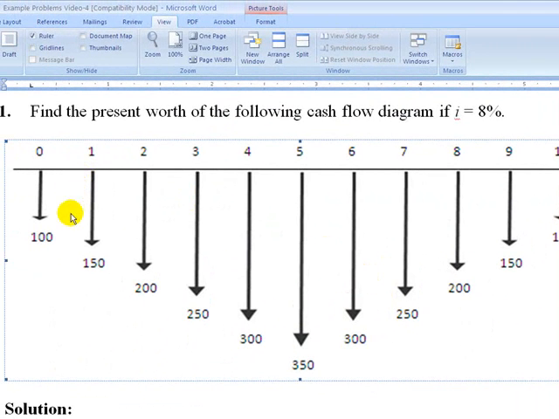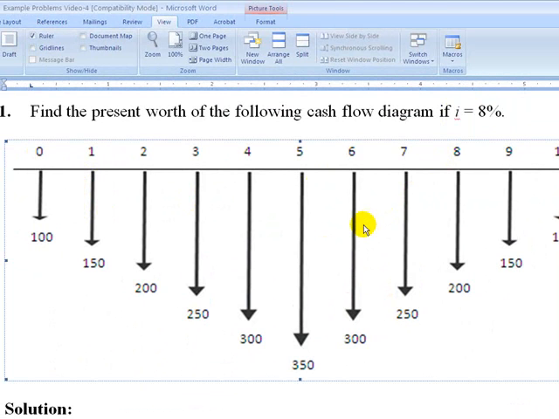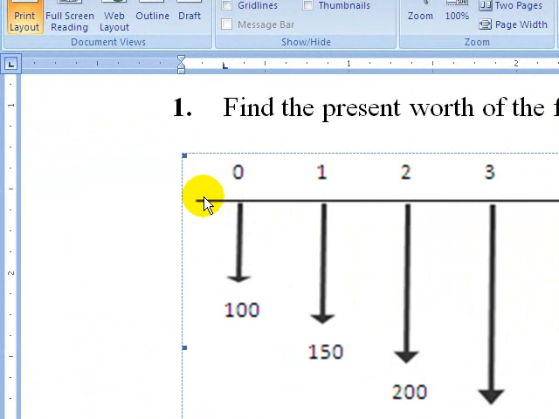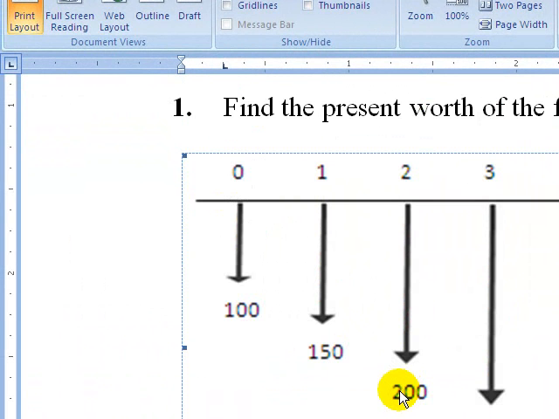So we need to calculate. We know interest rate is given as 8%, and we need to calculate the present worth P. That means what is the value of all this cash flow if we want to know the present worth of this cash flow, or P. How can we calculate that? So there are a variety of approaches we can use. For example,